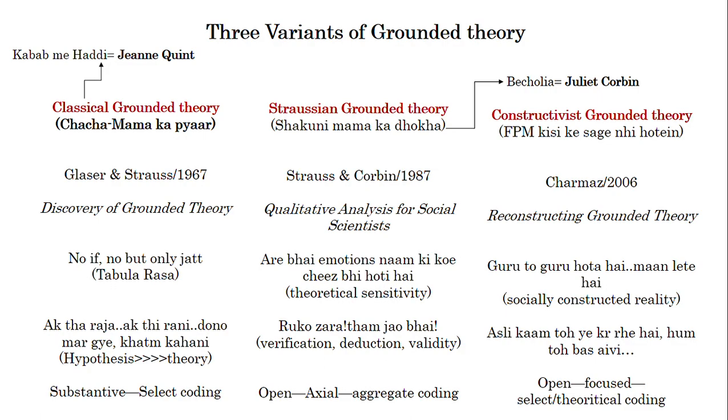It started in 1967. Then in 1987, Strauss and Corbin published their qualitative analysis for social scientists, and finally in 2006 Charmaz proposed the constructivist grounded theory. Later interpretive grounded theory was also proposed. Also in between, the Gioia method came up. Gioia's paper was first published with Corbin in 1993, and then in 1998 I think, or 1997, and again in early 2000, and finally in 2013. So a lot of transition can be observed in terms of the interpretation of grounded theory as a methodology.